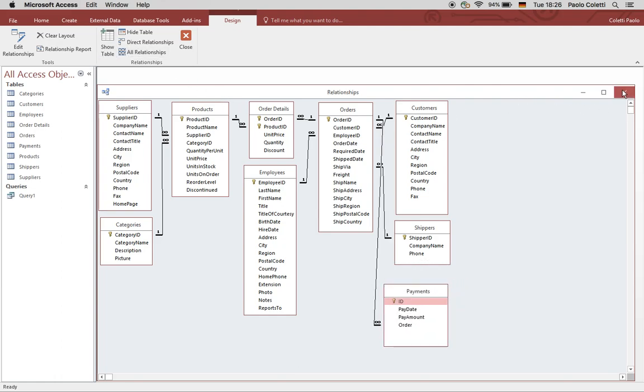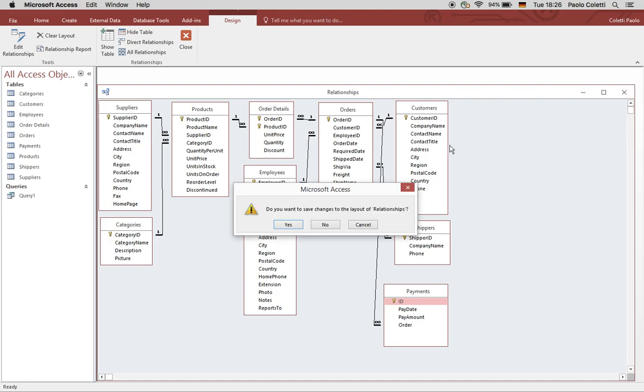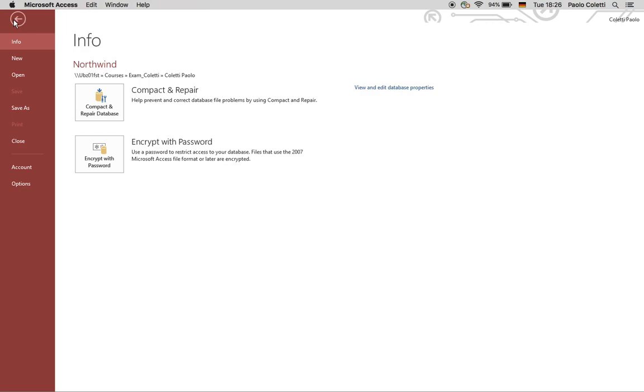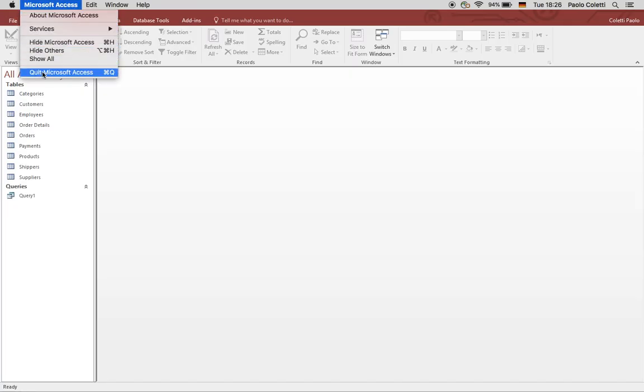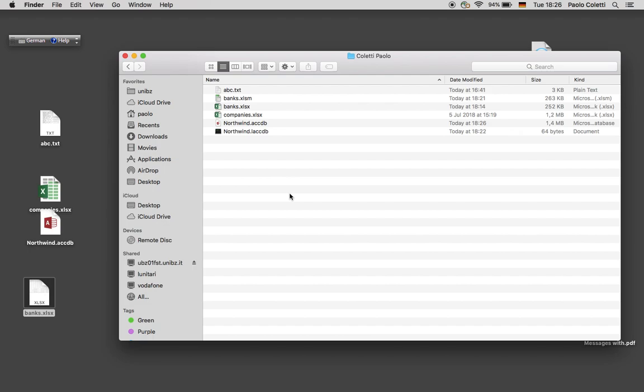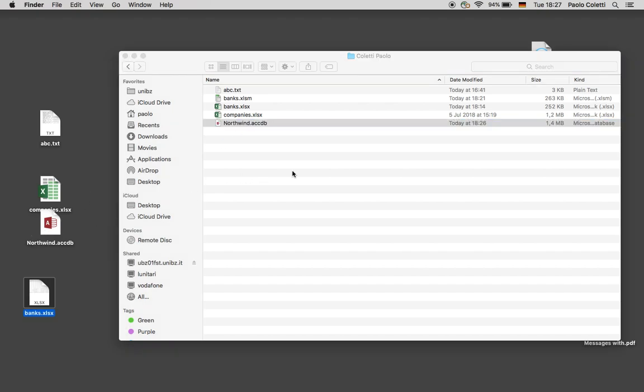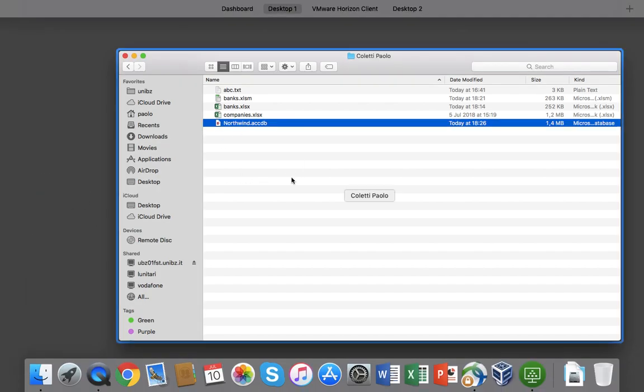Okay, exam is over. I just close here. No, relationship then doesn't matter. I just shut down Access. Don't need to save the database. Database auto save. Okay. Can use it as auto save today at 18:26. Okay, so don't reopen it. Especially don't reopen it from here because you are on the Mac. And don't overwrite with this one. Okay, exam is also over. Let's see whether I can shut down